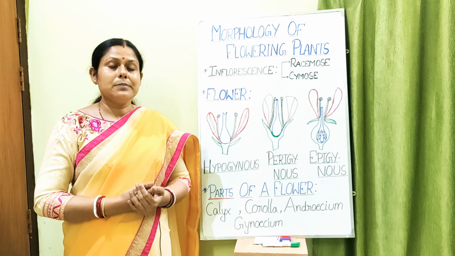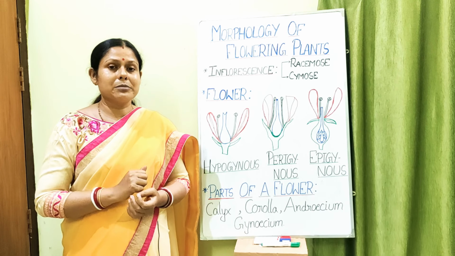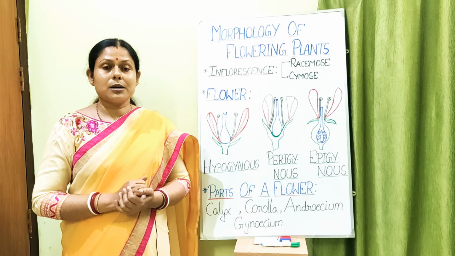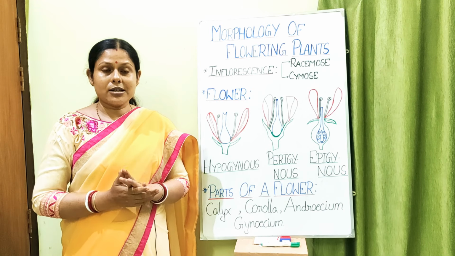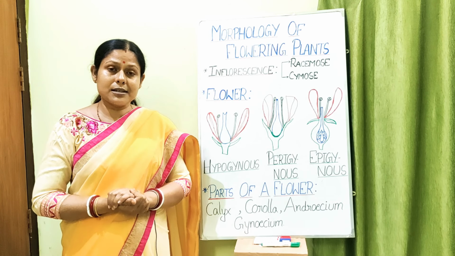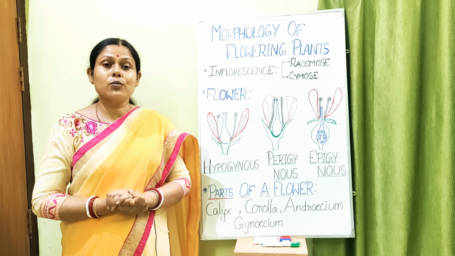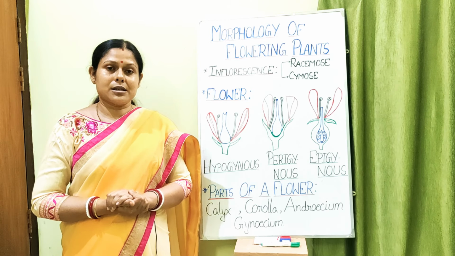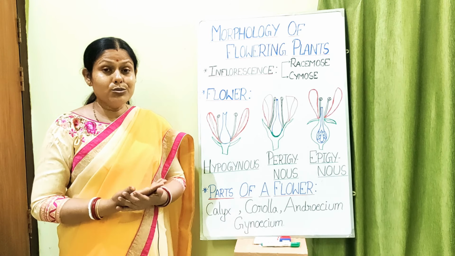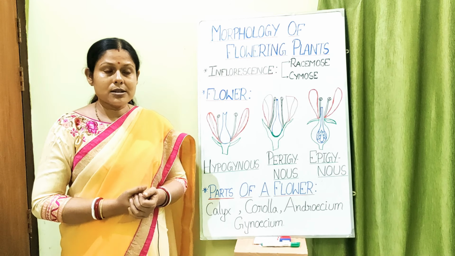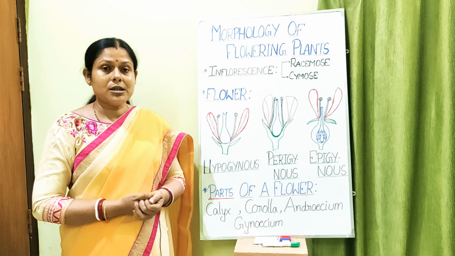Apocarpous means what? The word carpous has come from carpel, because gynoecium is also known as carpel. So apocarpous means the carpels are separated, they are not united. So having so many carpels inside the flower, but those carpels are not united, they are separated from each other. So we call this condition the apocarpous condition. Okay, so these are the various new terms which you have come across. And of course, if there is something else also, you will be going through it so that you can understand it.